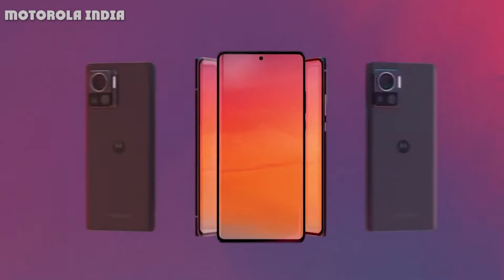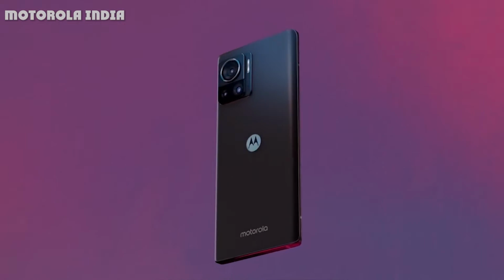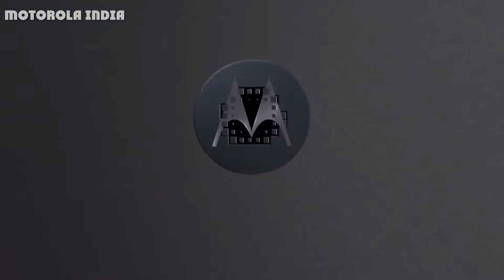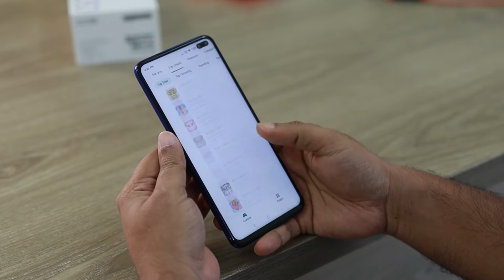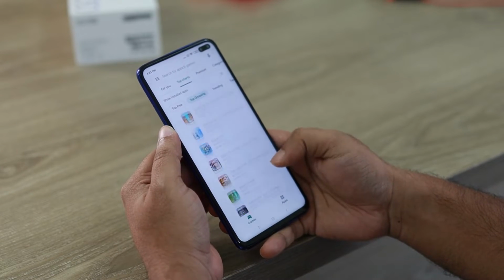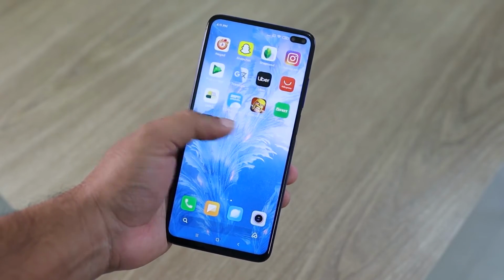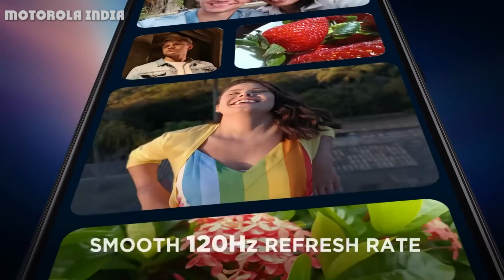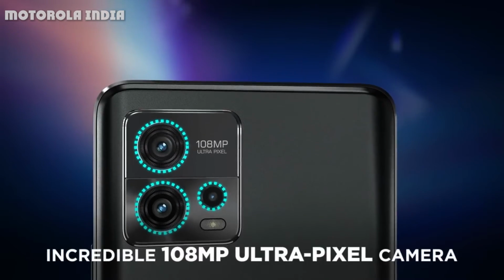Motorola's splurge of Moto G devices in recent years has muddied the once crystal clear budget phone waters. It used to be simple. If you wanted to spend less than $170 on a smartphone, you bought a Moto G. Nowadays, there's a Moto G phone out there that costs as much as an iPhone, following on from the £400 Moto G200 5G. However, Motorola has unveiled the Moto G22, which is much more in keeping with the original Moto